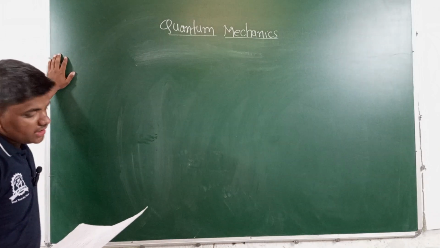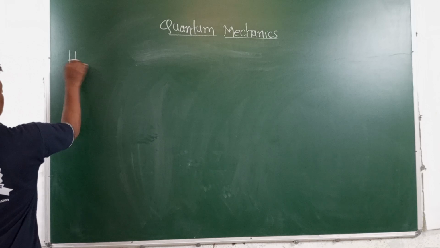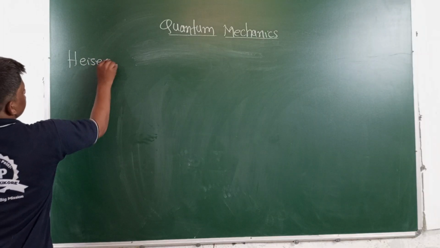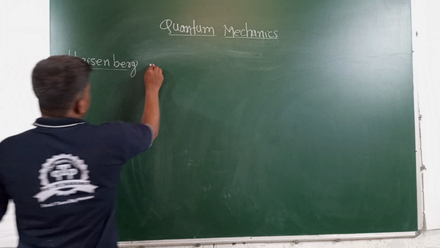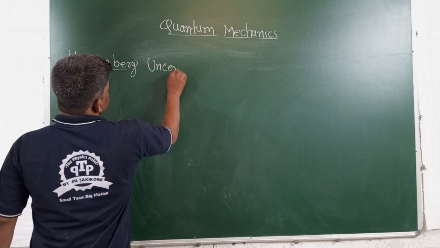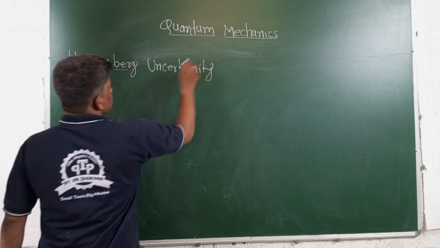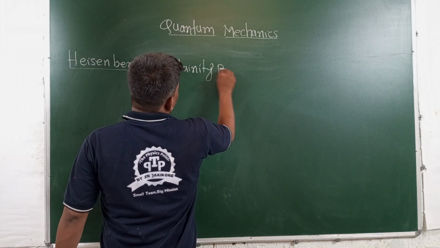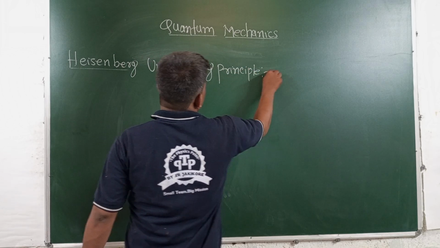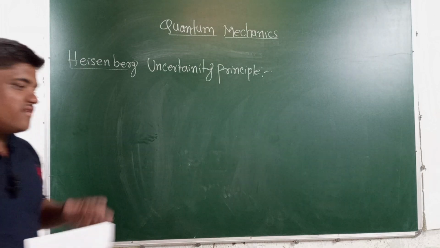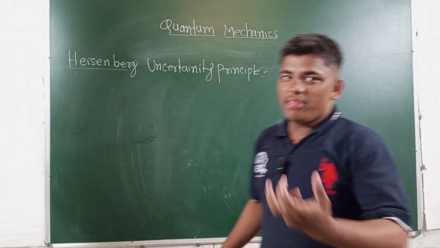And in quantum mechanics we are starting discussions of the Heisenberg Uncertainty Principle. The Heisenberg Uncertainty Principle states that the uncertainty measurement of the momentum and uncertainty measurement of the position